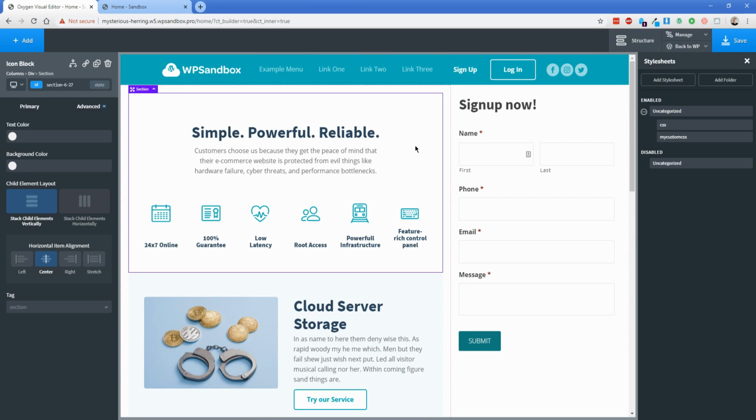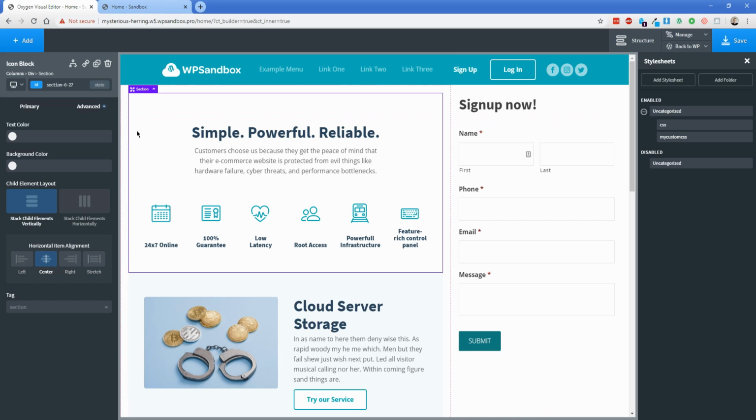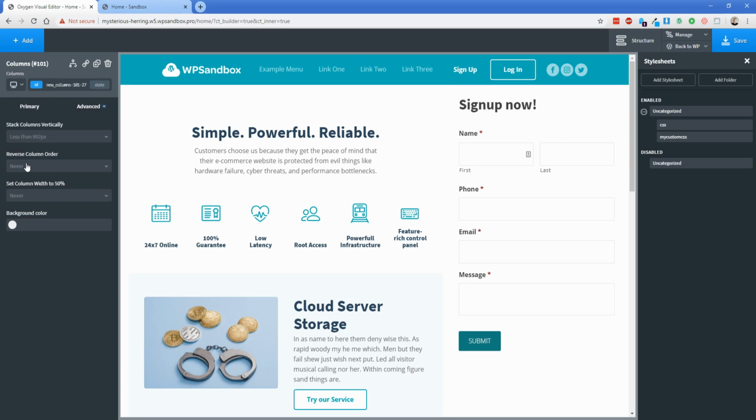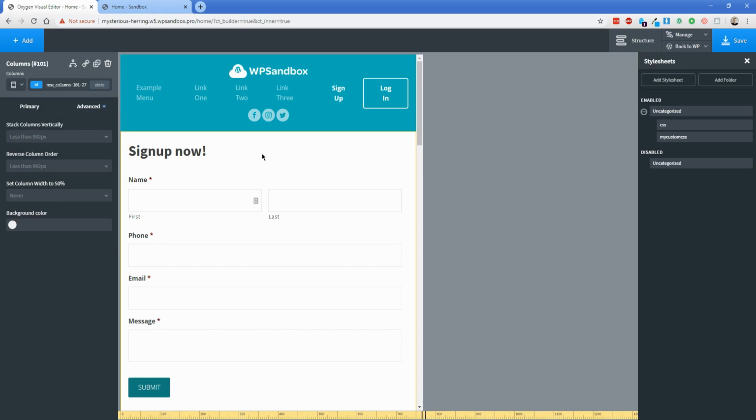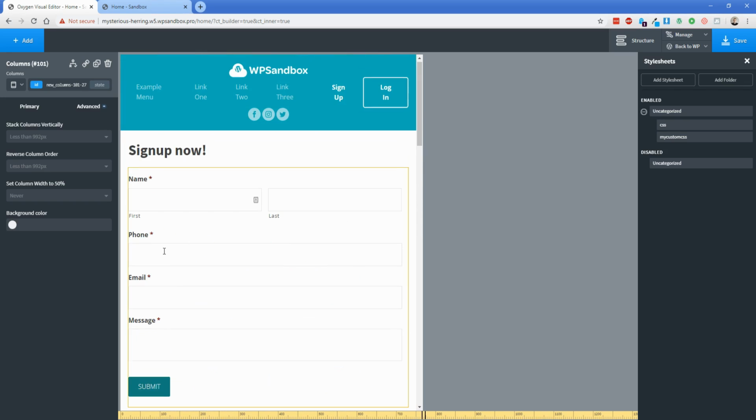So we're using the column element because you have the ability to change the column layout at different breakpoints. So I'm going to change my screen width to less than 992, and the content on the left side of the page, of course, is at the very top. But in this case, I want my call to action to be at the very top, so that's really simple to achieve. All you got to do is go back to the all devices screen width, select the column, and change reverse column order to whatever breakpoint you want. I'm just going to do less than 992 in this case, and then if I change my screen width again, you'll find that the call to action is at the top, and the left-hand sidebar content is below it, so that's really awesome.